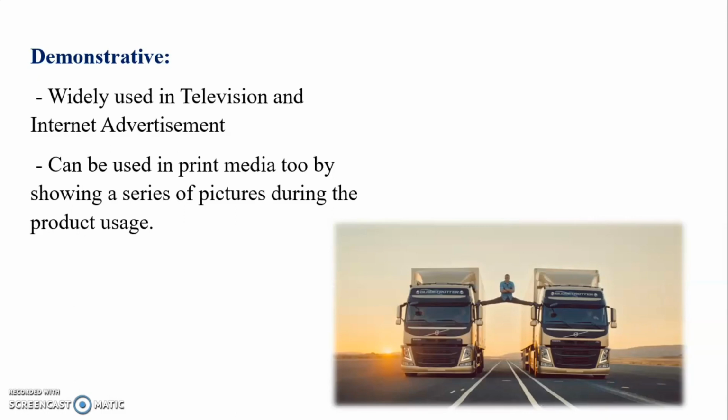So they have roped in a celebrity who is famous for his stunts, and they were able to demonstrate that they have a better balance in driving. This video is available on YouTube. You can just check it. These kinds of demonstrative frameworks can be used in print media too by showing a series of pictures during the